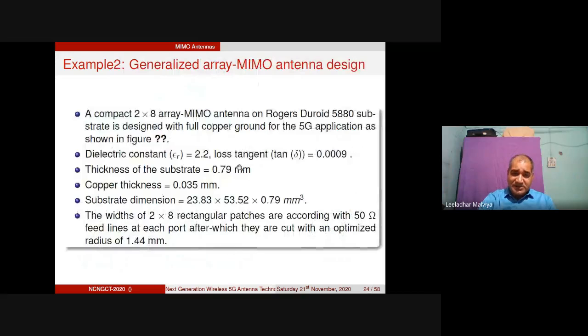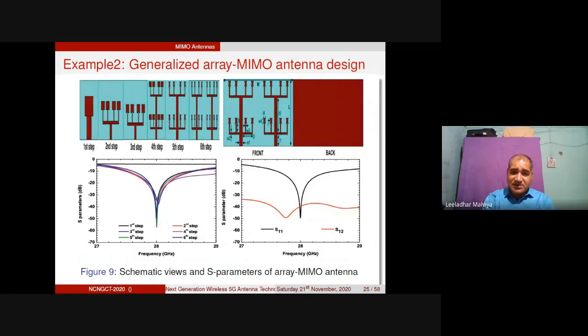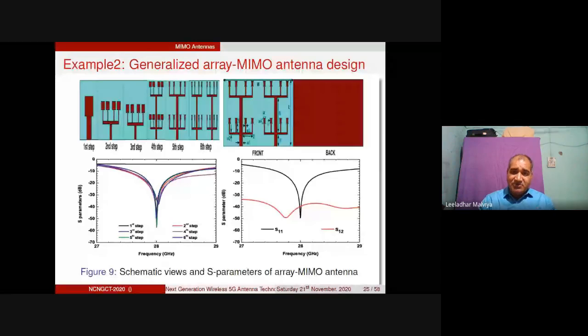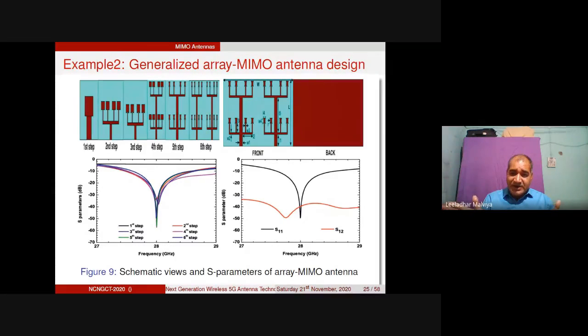Now look at another design, right? So this design has a generalized structure here. And if you look at the meaning of this generalized structure, generalized means that we have a patch that we have cut in circular form from both sides, right? So because of the change in the radius of the cut, you can switch the band to any of the frequency, right? So that is the beauty of this generalized structure here.